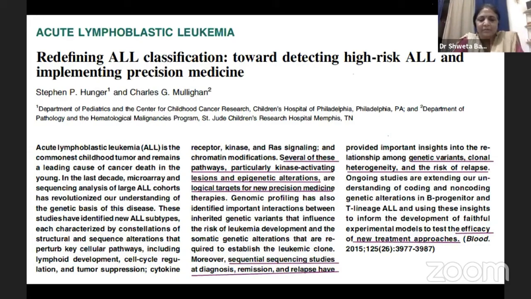And hence this gives us insights into the pathophysiology of ALL. So this paper was by Dr. Mullighan and Dr. Stephen Hunger. They said that redefining the ALL classification is a step towards detecting high-risk ALL and implementing precision medicine, which is actually a demand of the day. They found that